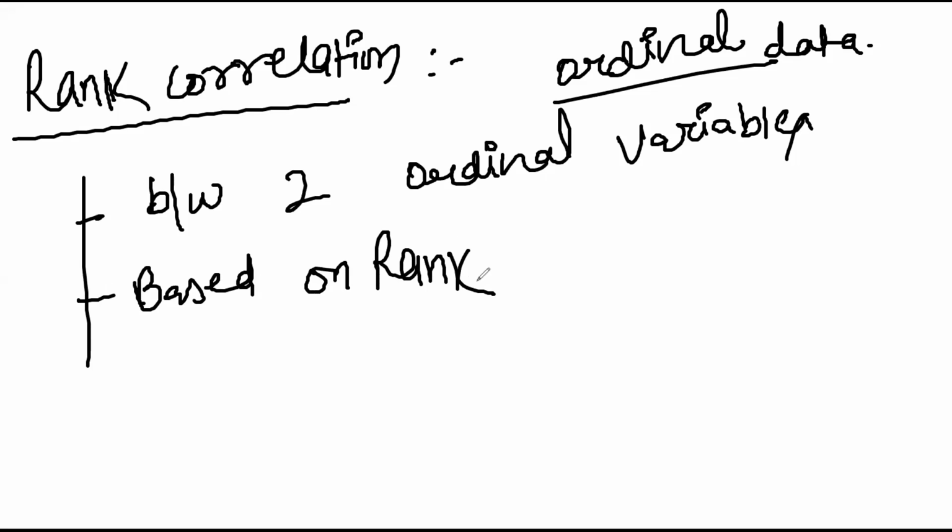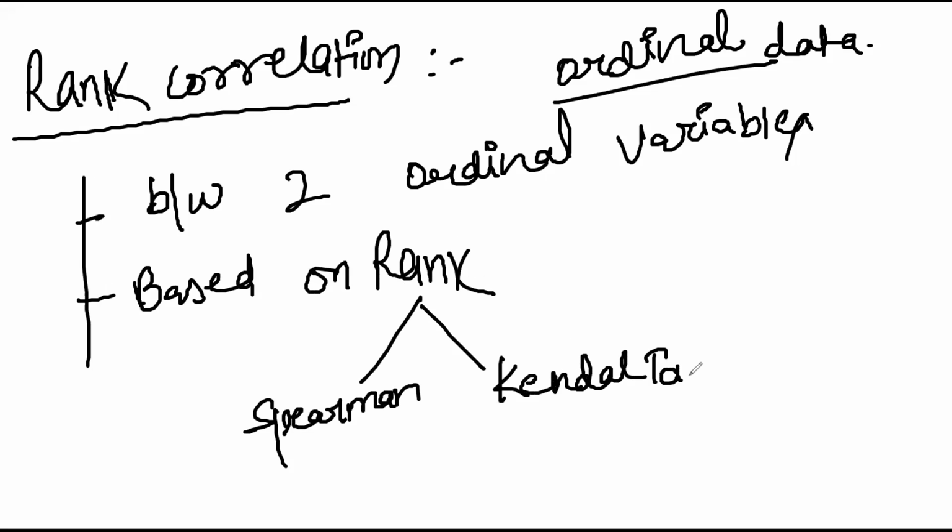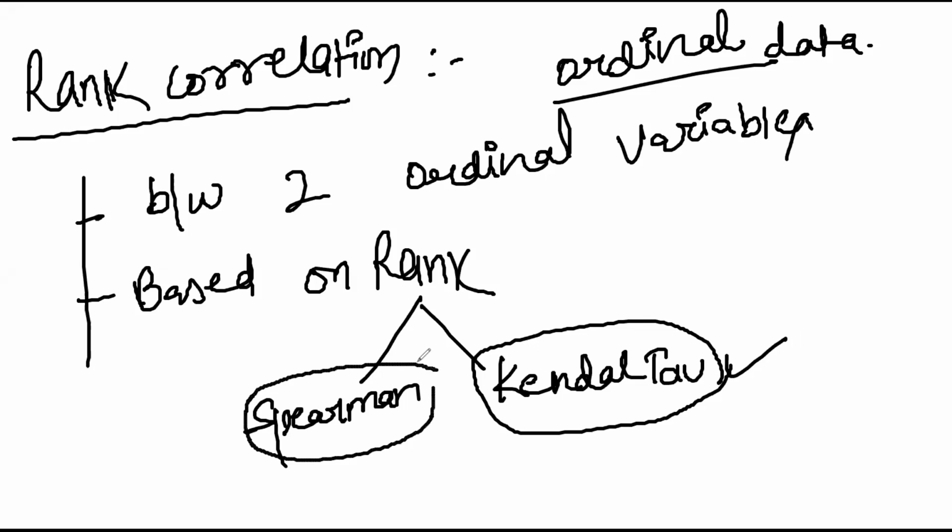There are two types of rank test. The first one is Spearman, and the second one is Kendall-Tau. Most publishers and researchers think that Kendall-Tau is more accurate and produces a more accurate result. So it depends on your situation and varies from research to research. We generally take both tests for the rank correlation, so it depends on your interpretation.